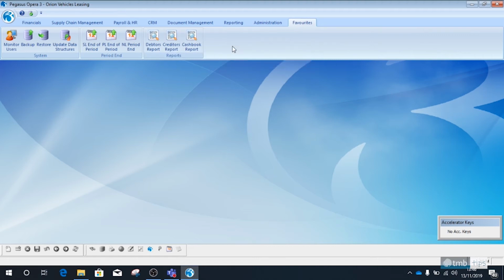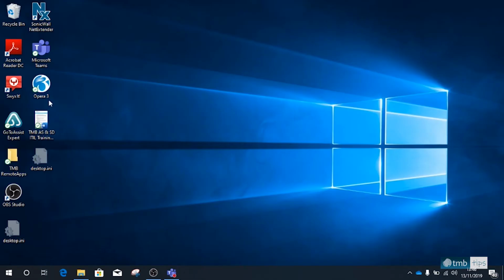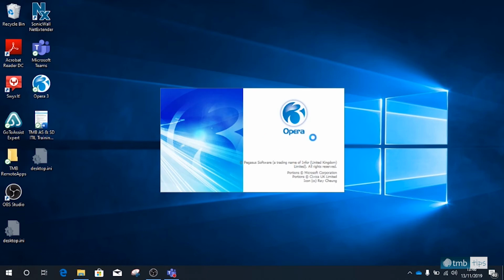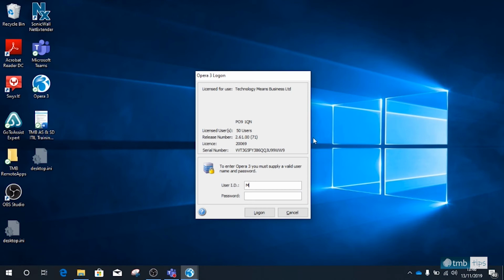And what about if I think actually it'd be more useful if my debtors and creditors report were in with my period end stuff? So what I'm going to do, I can't actually move them by drag and dropping, but what I can do is just remove them from here. And if I come out of Opera and go back in, and log on,